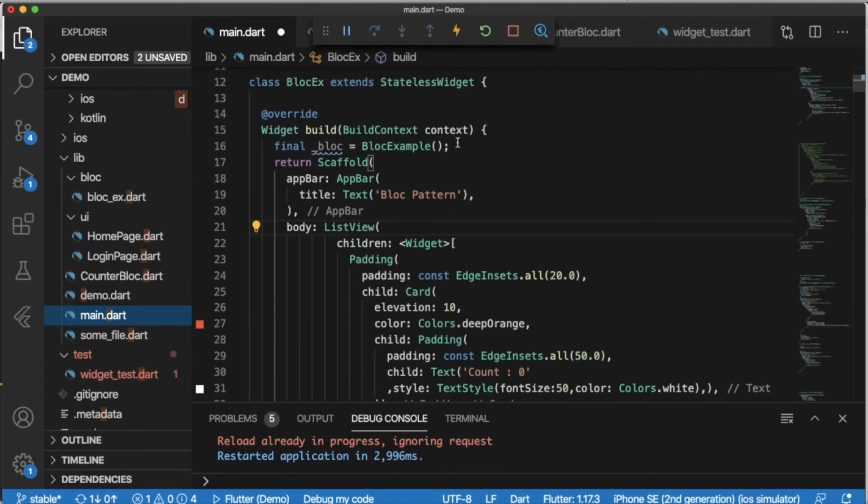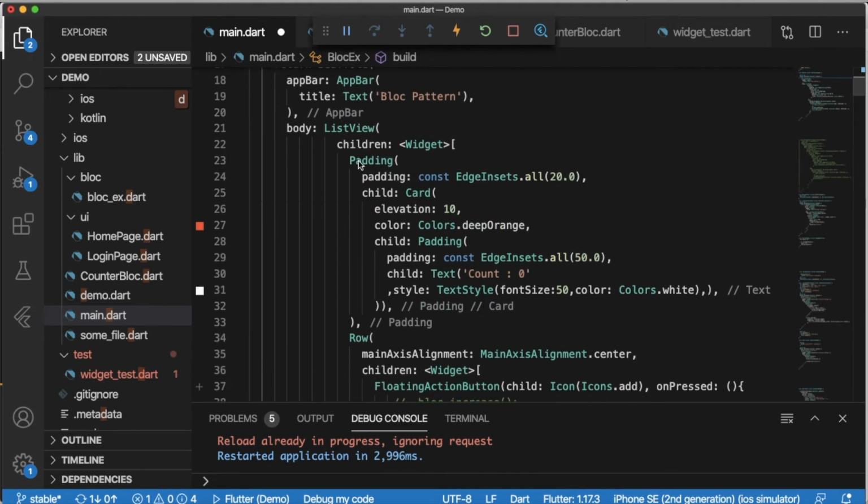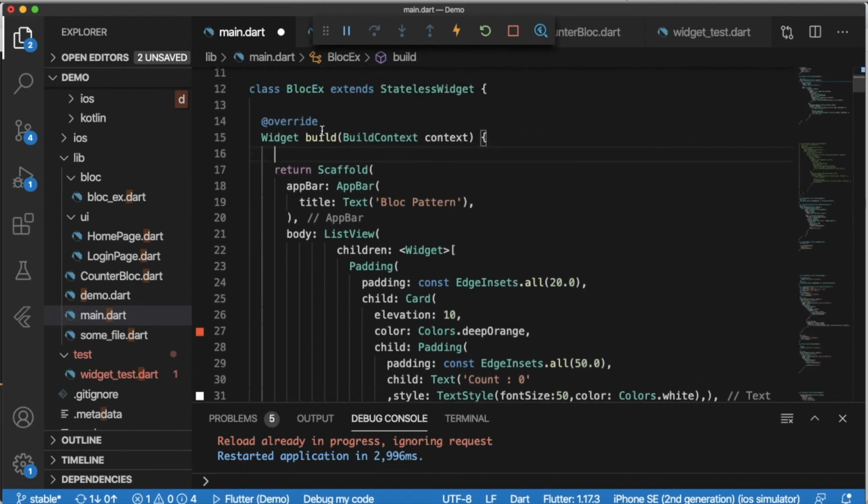Here you can see, as of now we have only list view. So in our body, first I will implement our stream builder, because as we have seen in the diagram, the listener is implemented by stream builder. Okay, so I will implement a stream builder here.